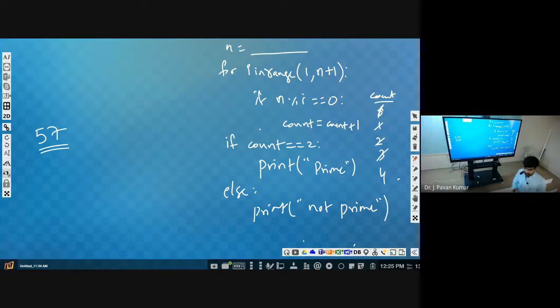You tell me one number which is not divisible by itself. 0 will not be divisible by 0. Then 1 is also... One whole number, you say positive integer. Okay, tell me one positive integer which is not divisible by itself.